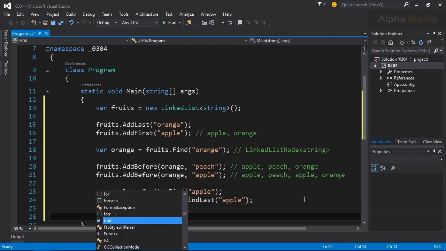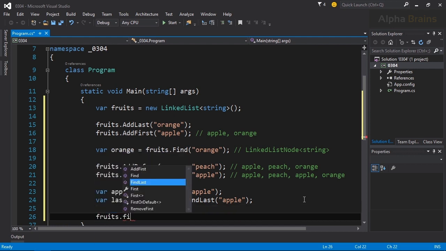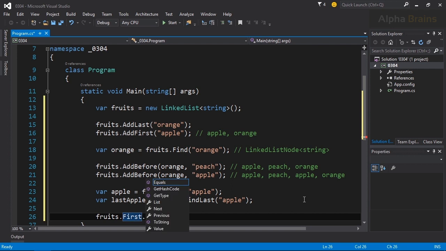So you could start from the first, and then you could iterate for as long as first.next is not null, or you could start at the end of the collection and go forward. So as long as the previous is not null,